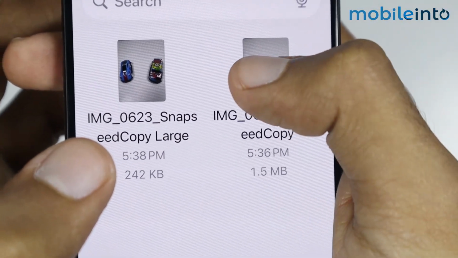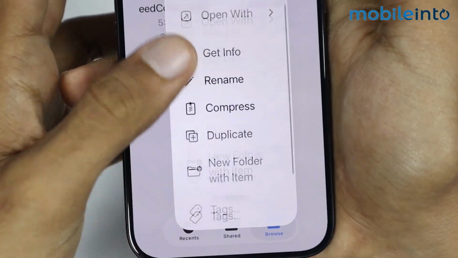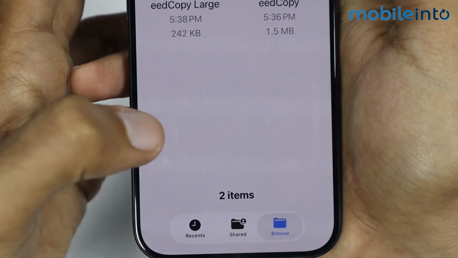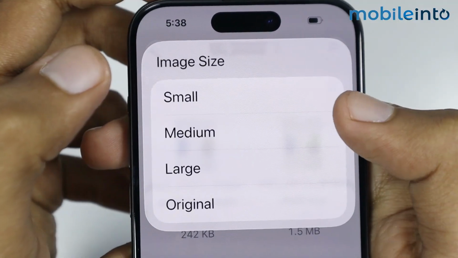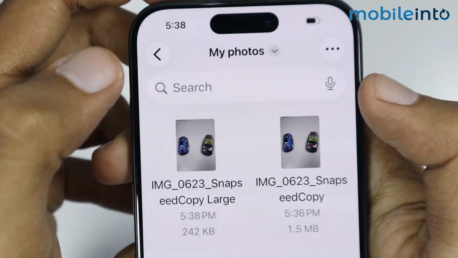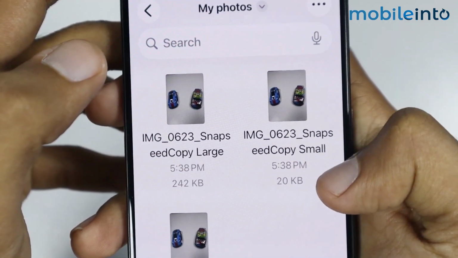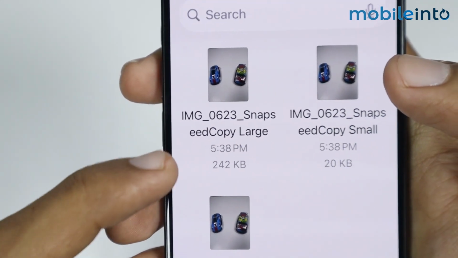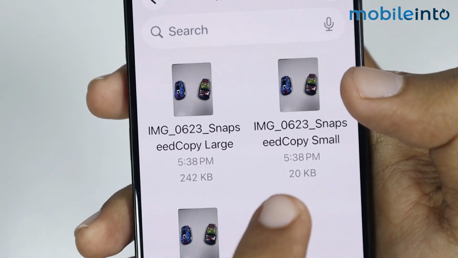Now if I tap and hold on the original image, from here just go to Quick Actions, then tap on Convert Image. Now I will select JPEG, and from here if I select small, it will create a small copy of this image. As you can see, the large copy is 242 KB and the small copy is only 20